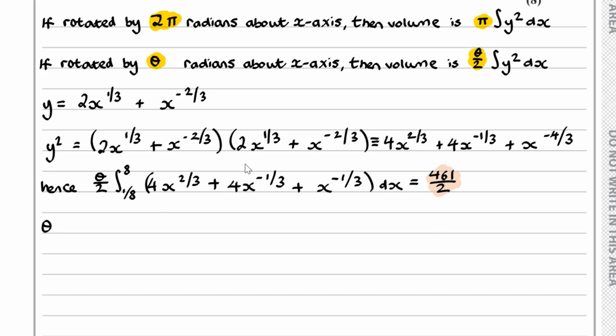Now if we integrate 4x to the 2/3, we end up with 12x to the 5/3 over 5. And then integrating 4x to the minus 1/3, we end up with 6x to the power of 2/3. And then integrating x to the minus 4/3, we end up with minus 3x to the power of minus 1/3. So we need to work this thing out